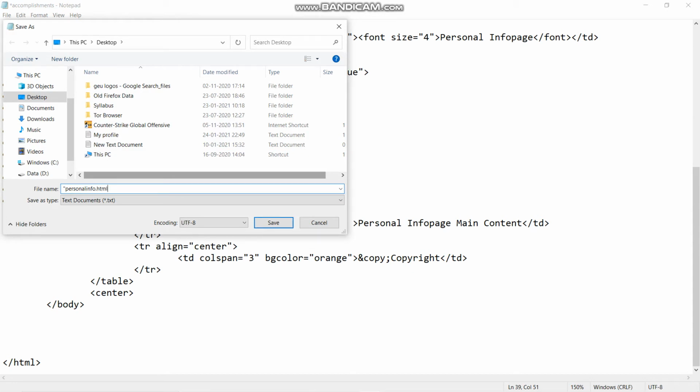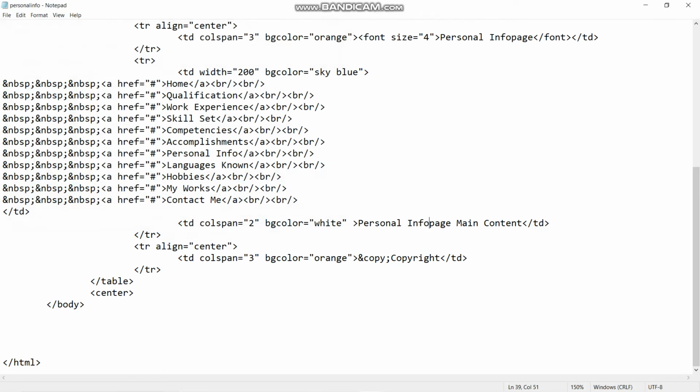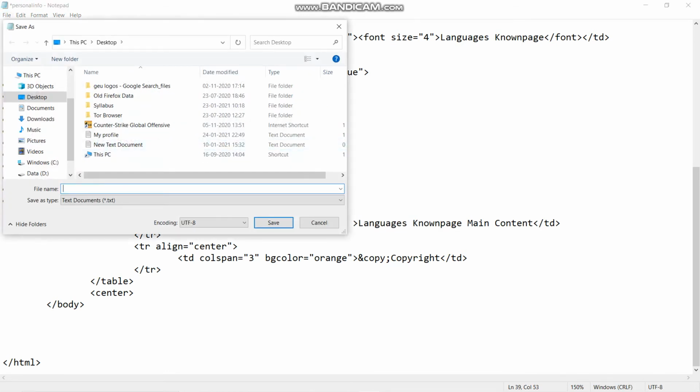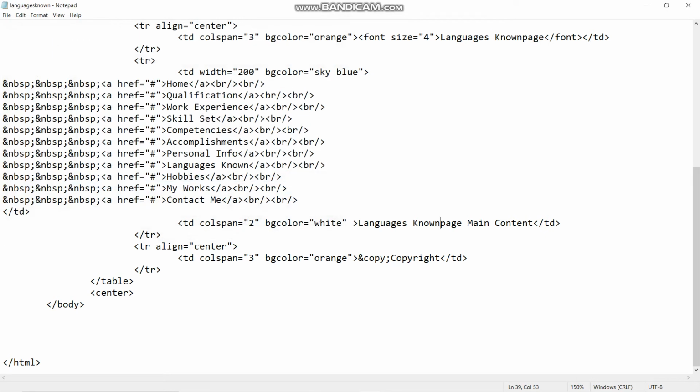Now for the languages known, copy, paste it on the home page section, paste it on the main content section. Save as, double inverted commas start, languages known dot html, double inverted commas closed. Save. Now for the hobbies, similar thing, paste it on the hobbies home page, and then on the main content.